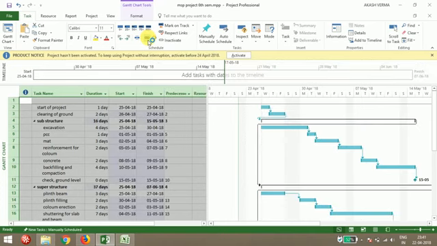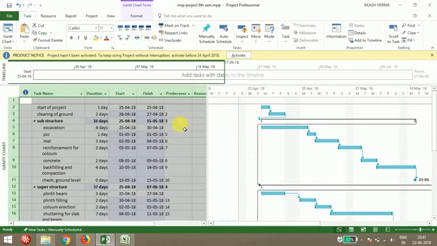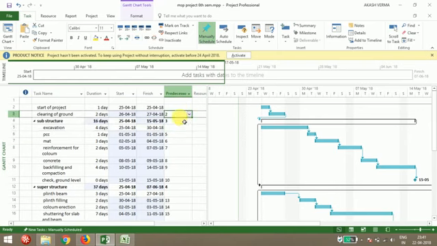So when you link all the activities, Microsoft Project will automatically count the start date and finish date of the project. Like here you can see the predecessor. In predecessor, there are four types of relationship we have. You can link your project in four types of relationship. The first one is finish to start. Finish to start means the second activity will start only when the previous activity finishes.